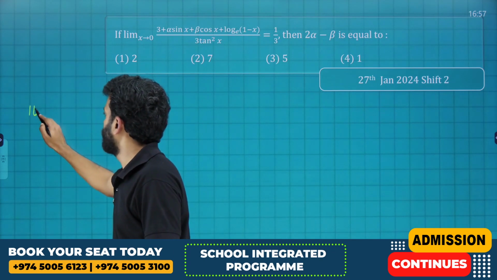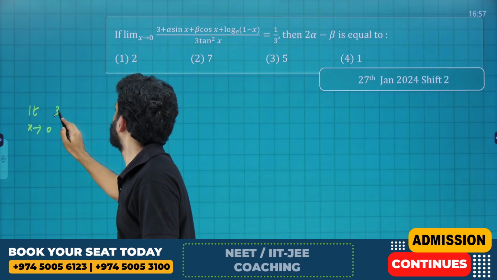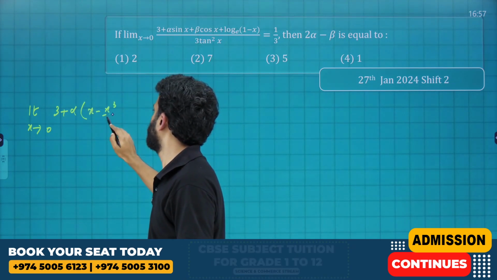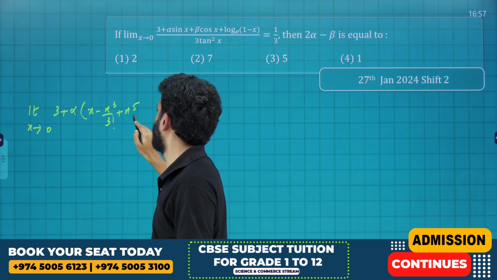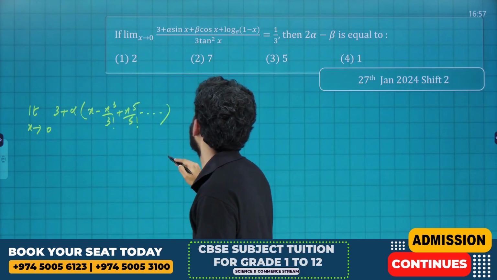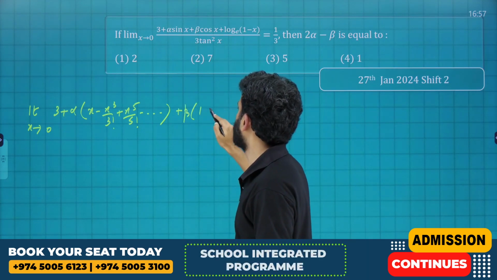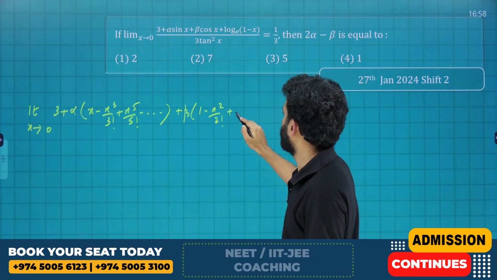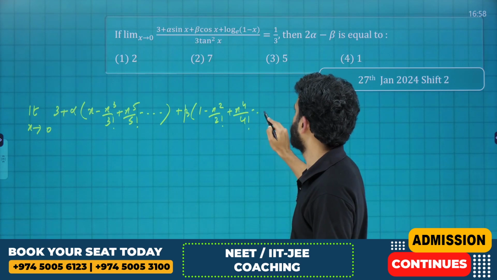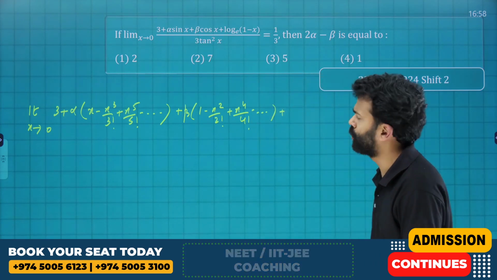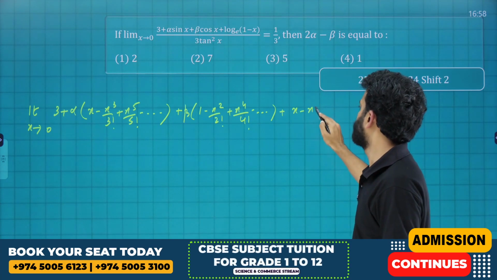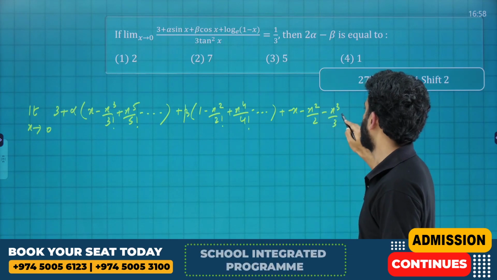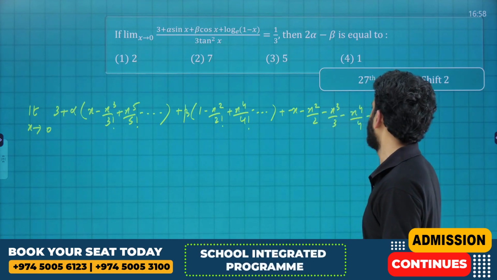I am going to directly apply this: limit x tends to 0 of 3 plus alpha into sine, and the expansion of sine is x minus x cube by 3 factorial plus x raised to 5 by 5 factorial minus etc., plus beta into 1 minus x square by 2 factorial plus x raised to 4 by 4 factorial minus etc., plus log(1 - x), which is minus x minus x square by 2 minus x cube by 3 minus x raised to 4 by 4, and so on,